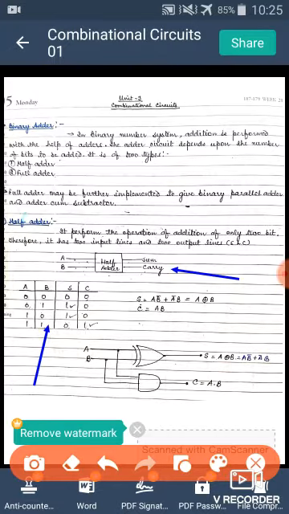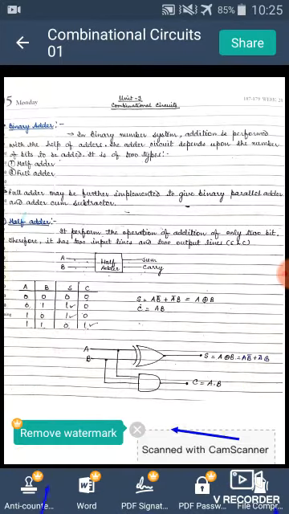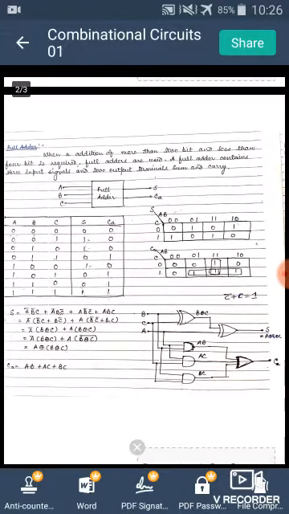Then also we have designed the circuit diagram for half adder, in which the expression for sum was a modulo b, and for the expression of carry we are having a dot b. Now for full adder,